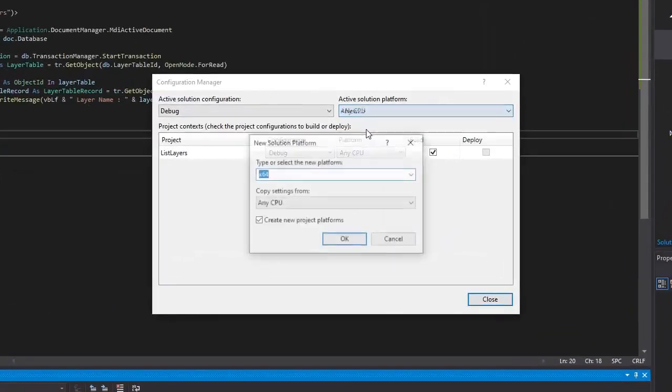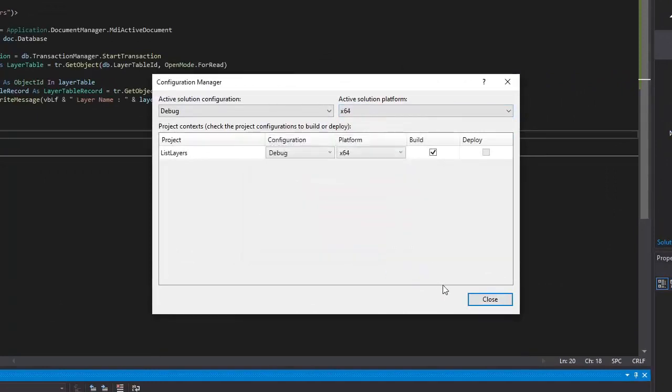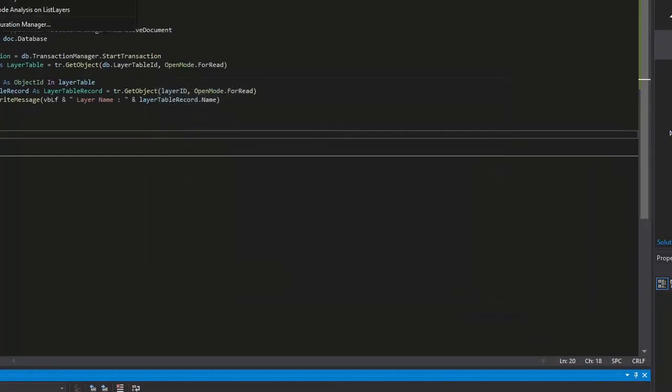Changing the configuration with x64 platform and building DLL file. It depends on your operating system.